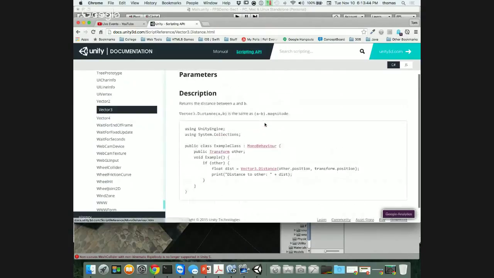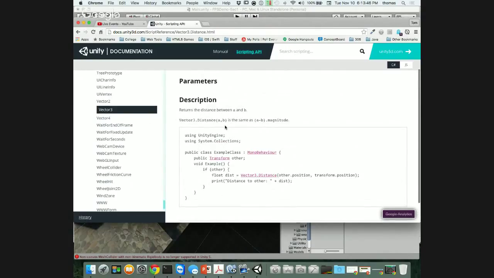Vector3.Distance(a, b) is the same as (a minus b).magnitude, right? I say, give me the distance between the first position and the other position. This is really cool, right? If my Vector3 distance between these two positions is closer than a certain amount, like 2 meters or something like that,